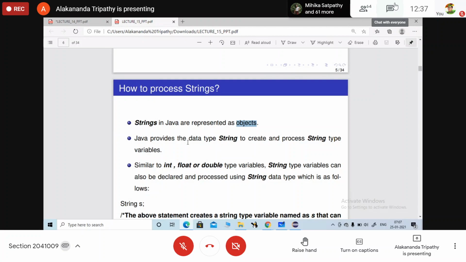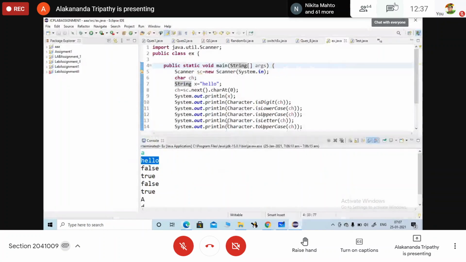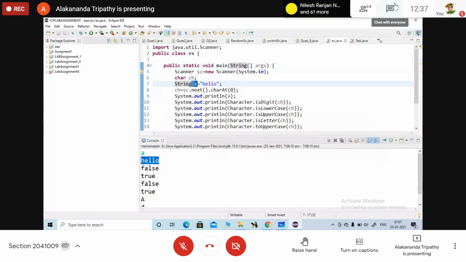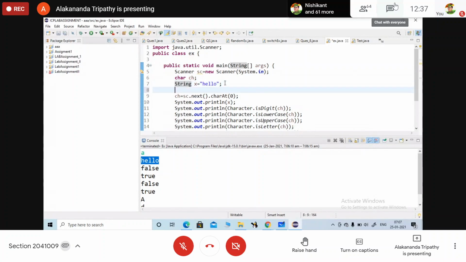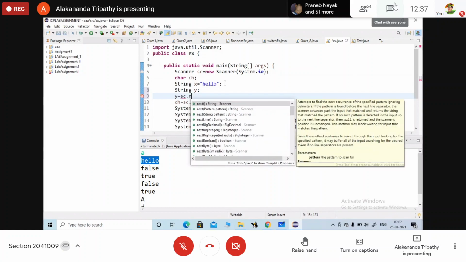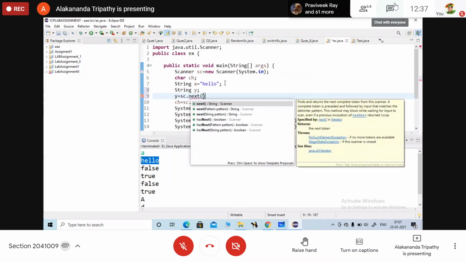Okay. So for our understanding, we will just remember String as a data type, and the variables we use to store strings. We are going to write String x is equals to hello within a pair of double quotes. If I write here String y, then also using the Scanner class I can initialize y. y is equals to sc dot, what do you write here? sc dot next, or nextLine.